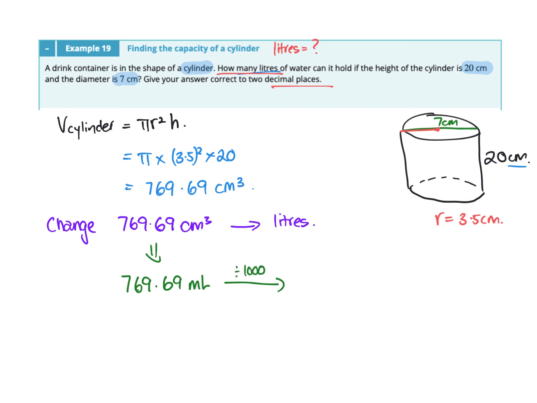See how when we divide by 1,000, we're actually going to lose some of our decimal places. So that means we might need to not round it on our calculator. So really on our calculator, we leave it till the end. And when you divide your answer by 1,000, you'll see that we're going to get